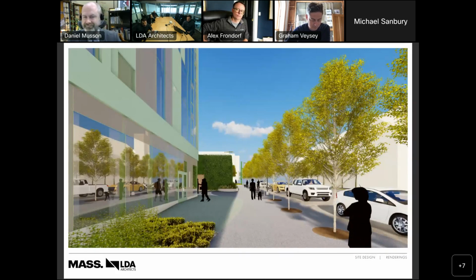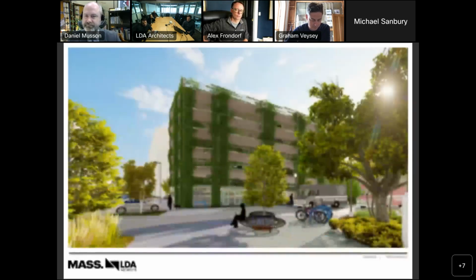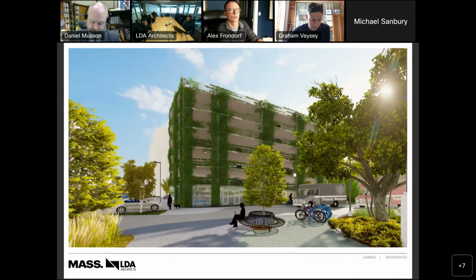That's another slide looking north. I think there's one more than the garage. So the garage is a mixed-use garage. It houses four separate retail spaces, an elevator lobby, and a large bike storage facility for the tenants of the building. The entrance for the garage is off of Vermont.